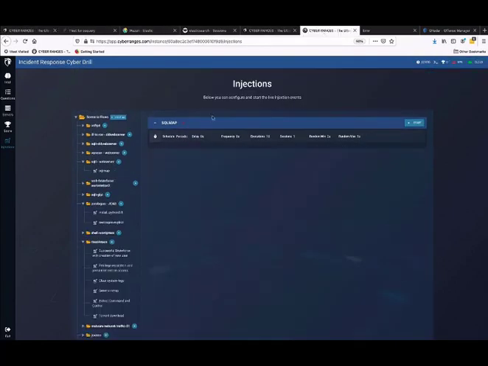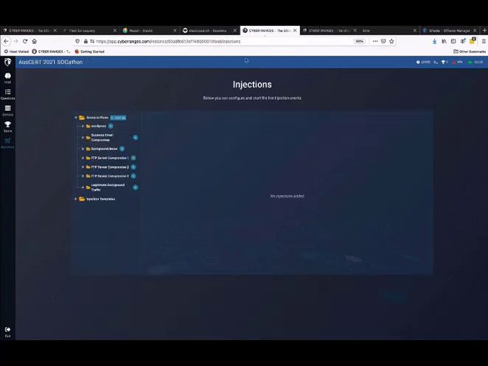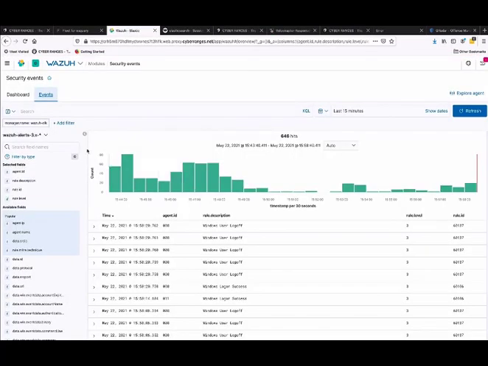Let's take a look at a different one here, a different scenario. So let's just go ahead and inject an entire workflow for a business email compromise from the library. Really, what we're trying to say here is that injecting any attack simulation from the library into an ongoing cyber drill is as easy as clicking on a button. And of course, anything that we inject in here is captured for the participants so that they can analyze it